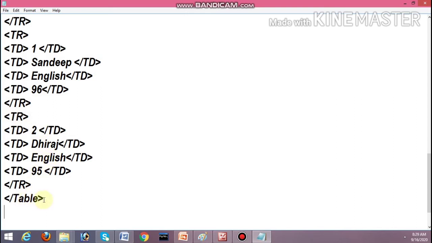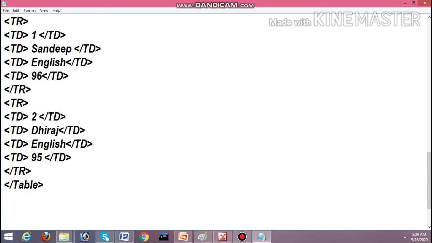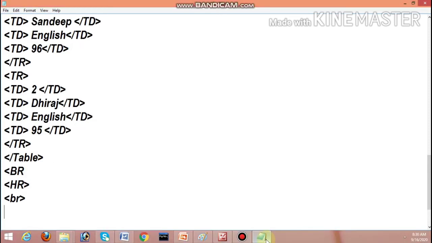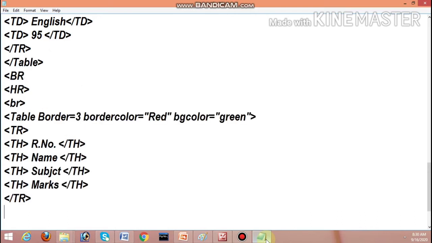Now I use another attribute of the table, that is table border equal to 3, border color equal to red. Border color is red and BG color, the background color, will be green, and I give the heading table row, the first row.